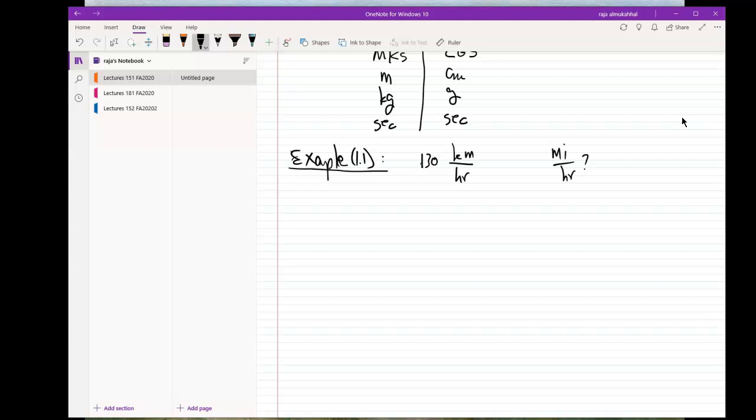So what does that mean? It means that I am not going to convert the hour. The hour is still the same, but I'm going to convert the kilometer. So now I need to find a relationship between kilometer and mile. Again, if you go back to that Appendix D, and I have it right here in my hard copy of the book, if I look it up, I know that